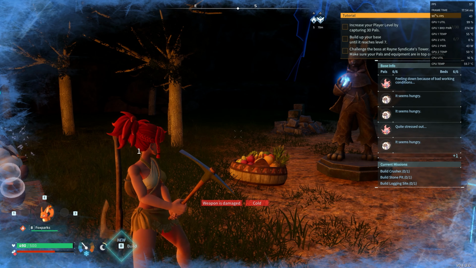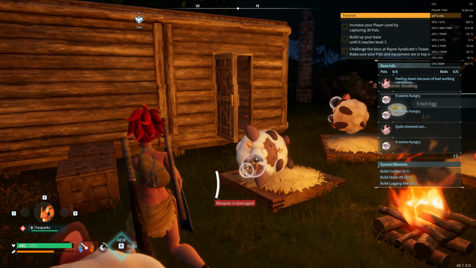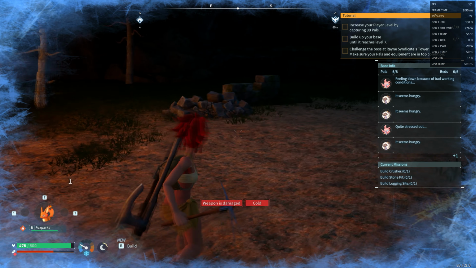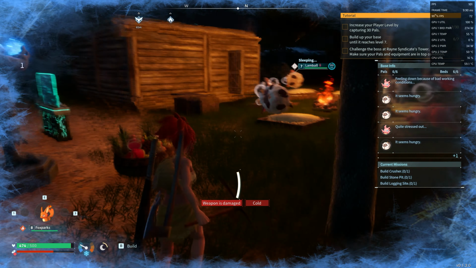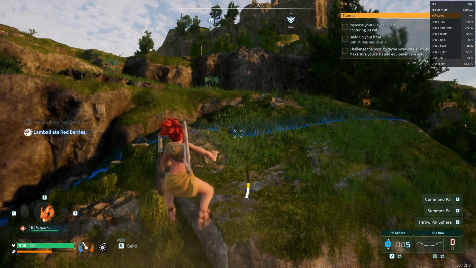And this is a 7800 XT, by the way. So let me just turn that back on for a second. So yeah, fluid motion frames in this game, literally the most popular game, is performing absolutely beautifully, 100 FPS. And this game, not gonna lie, kind of looks pretty beautiful at this resolution. And we got the FPS to back it up, so I would happily play this game at this resolution,